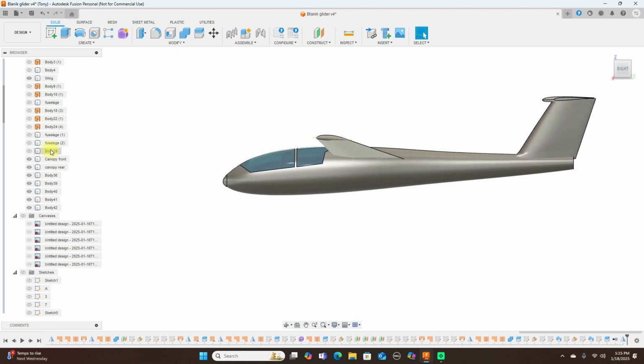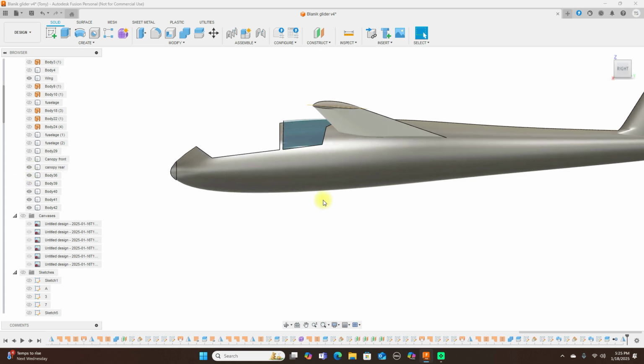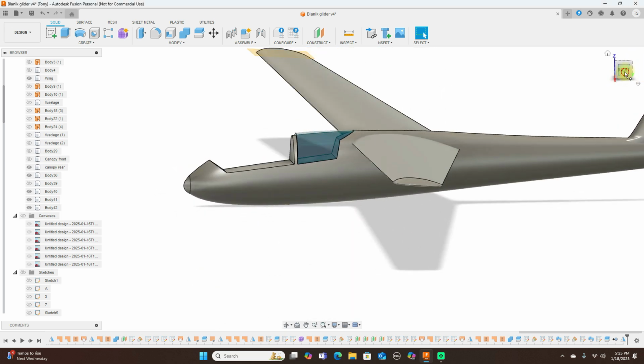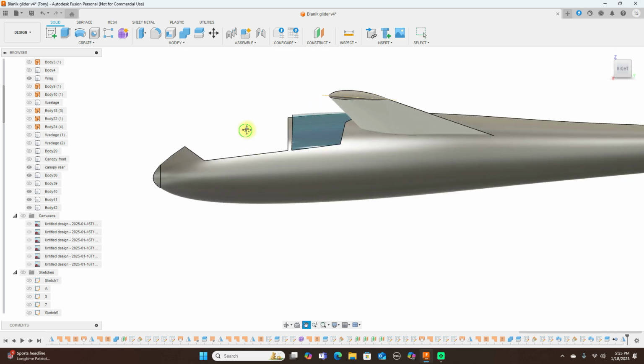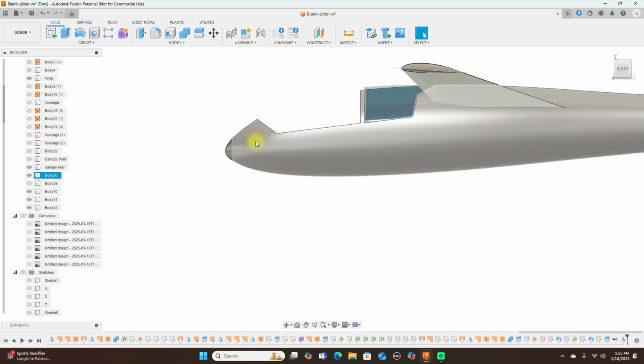So this canopy front, we have this here. So whatever the Z axis on your printer is, you want to measure from here to here to make sure that you're able to print that high. So most printers can print 200 millimeters. So what I would do